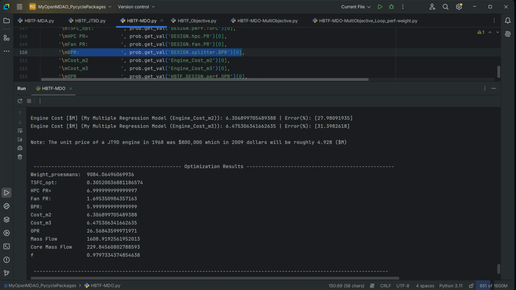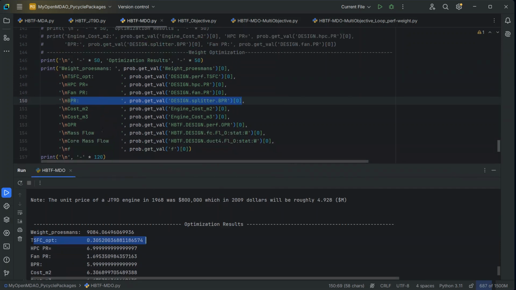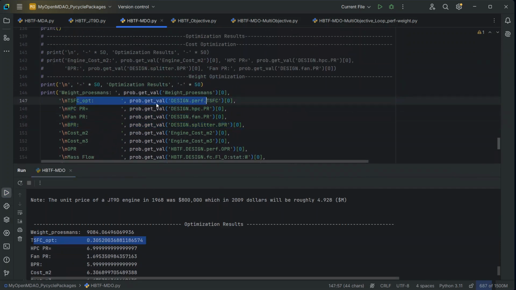The HPC PR has reached the upper bound of 7. Fan PR is somewhere in the middle, bypass ratio is at the maximum, and TSFC is at the lowest, which in our case is TSFC optimized, which I have written right here, prob.get_val design perf TSFC